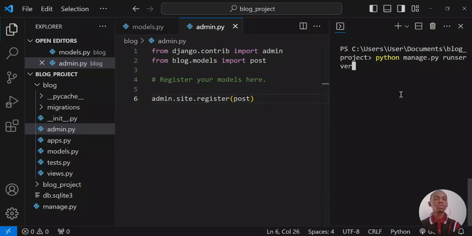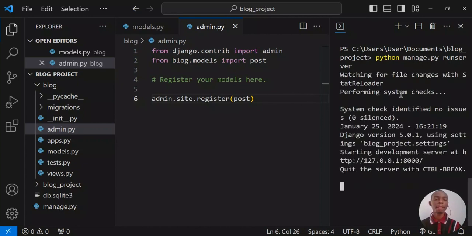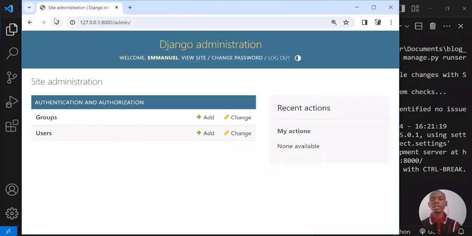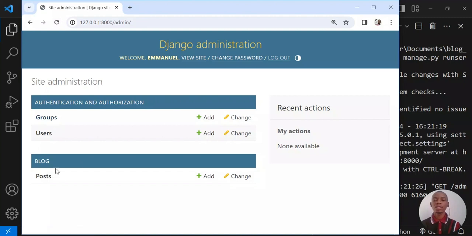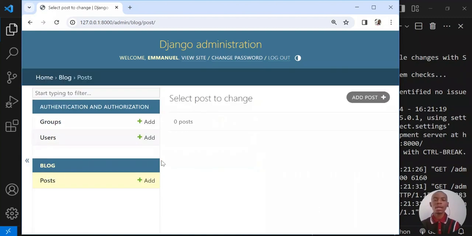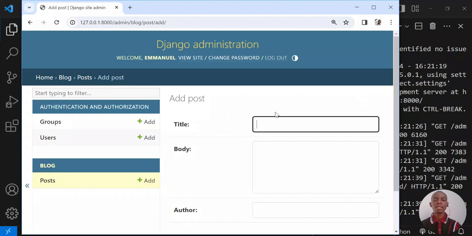So I'm going to go back to python manage.py runserver, and then I run my server. My server is running, so I'm going to go back again to my admin and refresh. And then you can see now in my admin, my blog has been added, and I can add a post. There's nothing on the post now, 0 posts. So if I want to add a post, I could just go there, and then the title of my